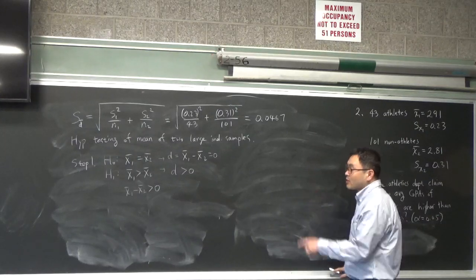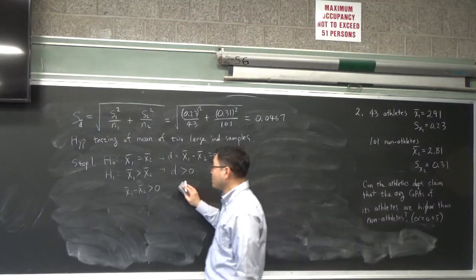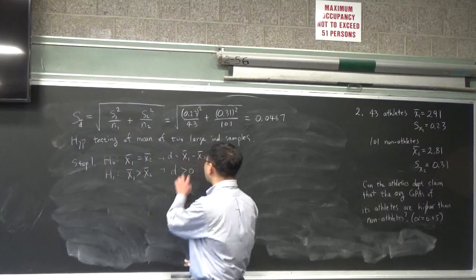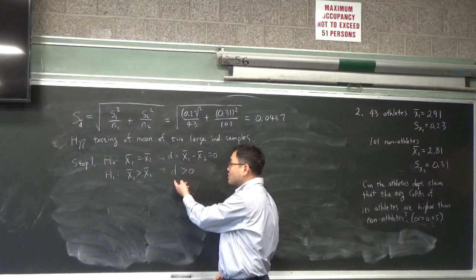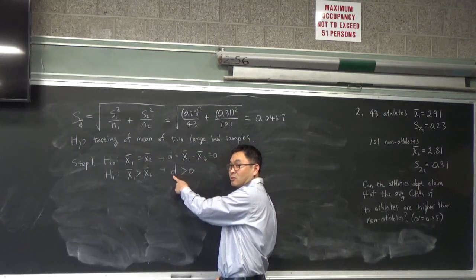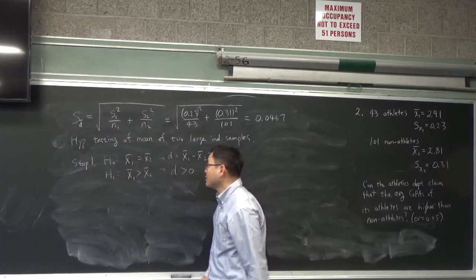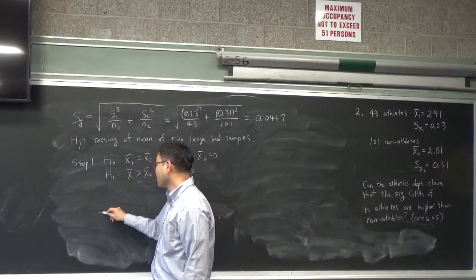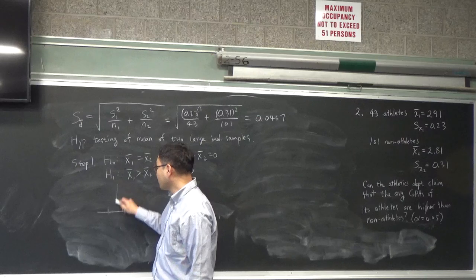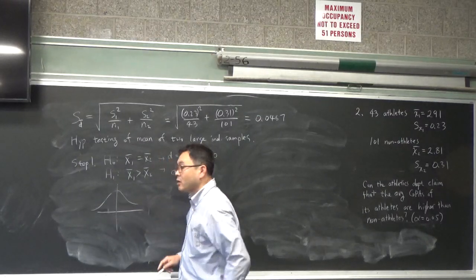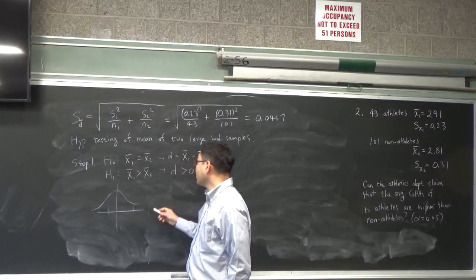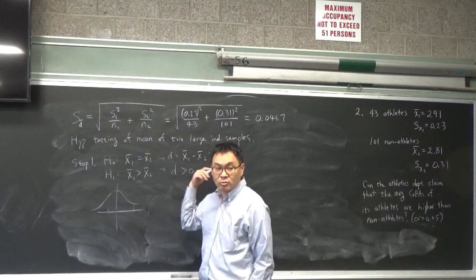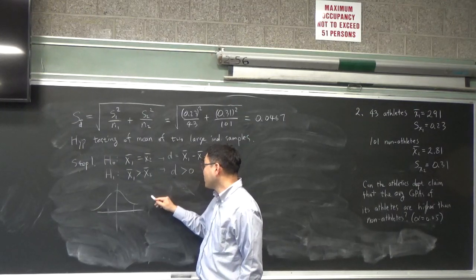So if you define it like that, then it's a right-tailed test. If you define the opposite way, x2 minus x1, then the alternative is D less than 0, so you end up having the left-tailed test, okay? All right, so you have a right-tailed test, and let's again use alpha as 0.05,